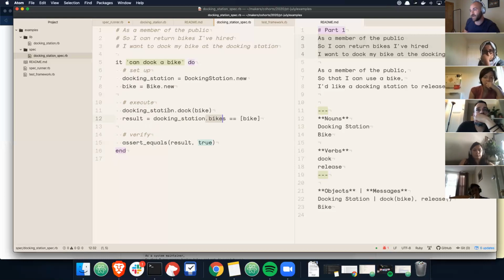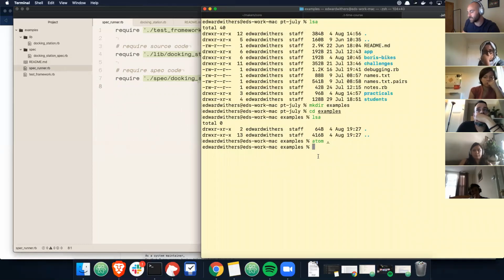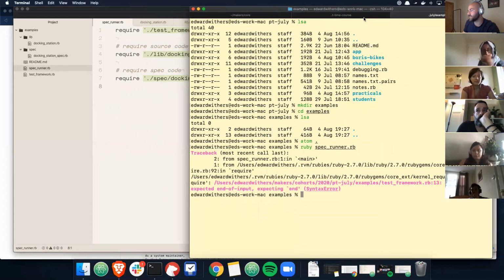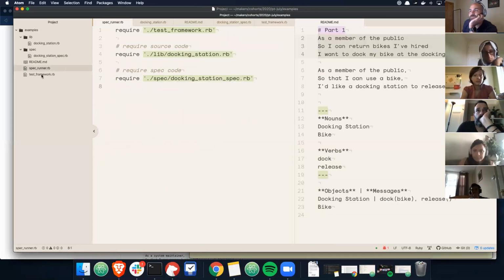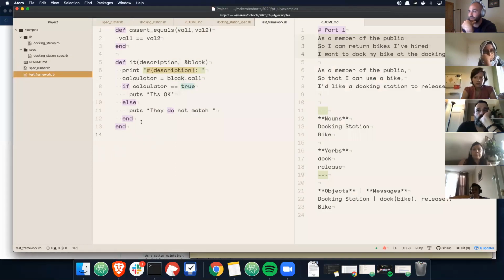Okay, so I'm going to run my spec runner and just see how far I get. There'll be a bunch of errors, and we'll go through them one at a time. So ruby spec runner. So first of all, a syntax error. Oh no. Test framework, line 13. So again, I'm looking here. Test framework, line 13 is a syntax error. So I'm just going to double check my